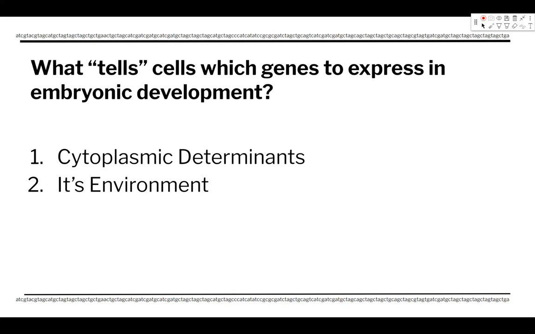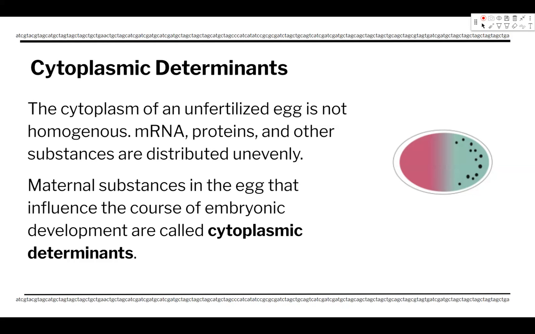We talked about how all of the initial cell organelles in a zygote come from the egg, and we also have these cytoplasmic determinants. When we've got an egg that is fertilized or not fertilized, it's got an uneven distribution